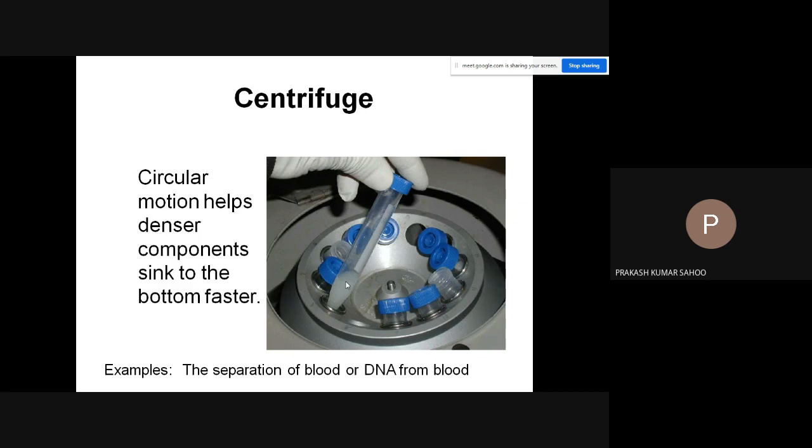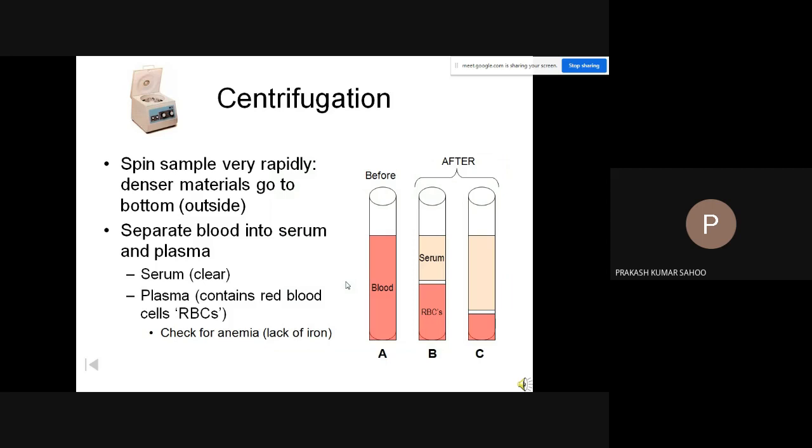So this technique is used for blood tests, for DNA tests, etc. Just see this one. This is a spin sample very rapidly. This rotation is known as speed. So in centrifugation, spin the sample very rapidly. Denser material goes to the bottom or outside. As I already told you, denser material will remain at the bottom, and material with lesser density will be at the upper part of this